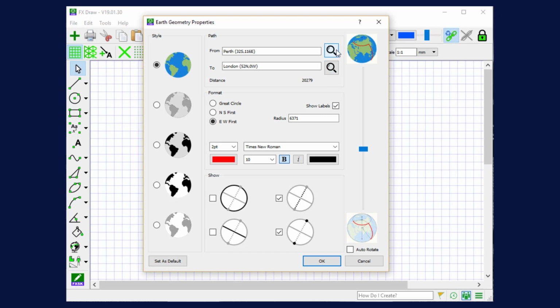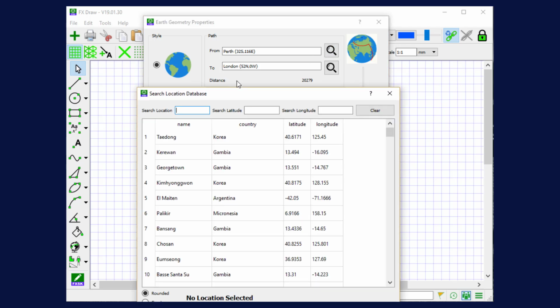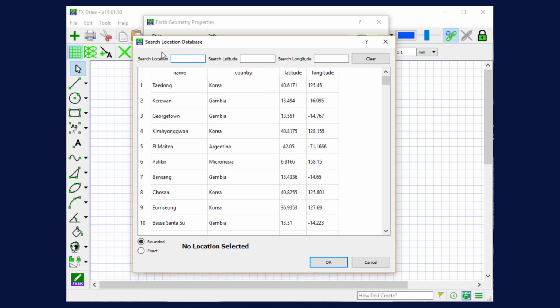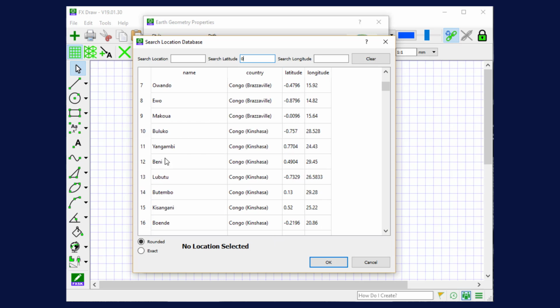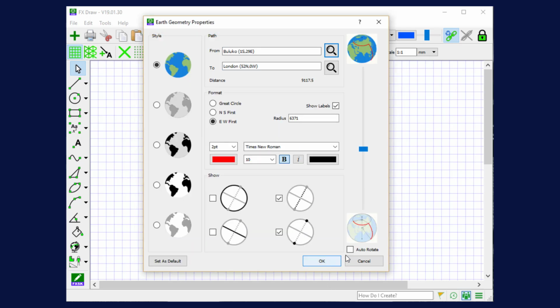Sometimes you might want to make up a question using the tool. That can be done very easily. So for example, if I know I want to go along the equator, if I put in a search latitude of 0, locations which have a latitude of approximately 0 will come up. So I'll choose Baluko in the Congo as one spot. You'll notice it's come through as 1 degree south, so it's not quite on the equator. There's nothing to stop me actually editing it,